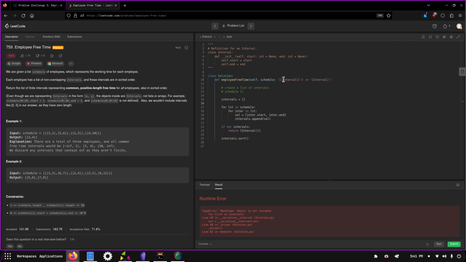Okay, so this is a list of intervals, so we're iterating through each list. And then for each interval in each list, we append it to our intervals list. So what's the problem? Runtime error. Type none-type is not iterable. Not schedule return